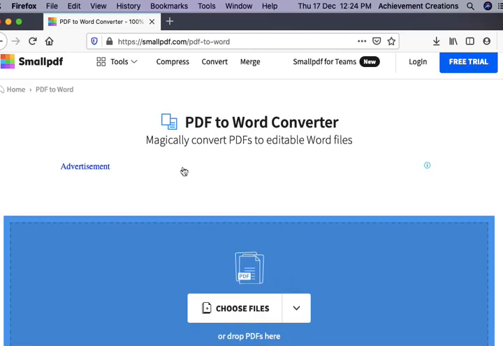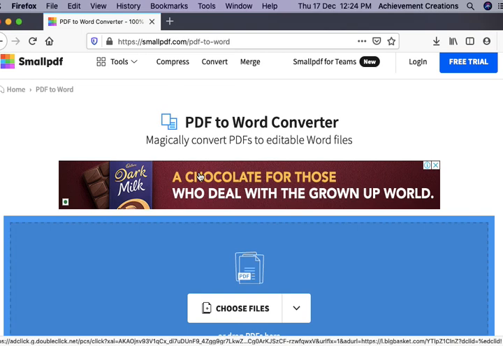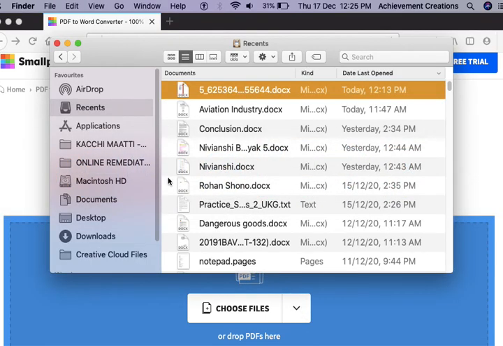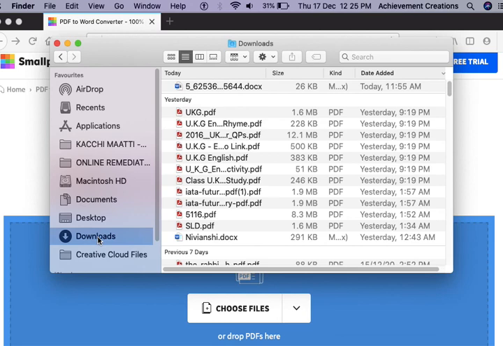Okay. Now when you come here, you will have to choose the file. So before you do this step, you have to download that worksheet in your laptop or in your mobile. Then it will get downloaded and it will be there in your download folder, whether it is your laptop or your mobile. For example, here I have downloaded, and this is the folder where my files get downloaded, and this is the PDF which I have downloaded from Telegram.